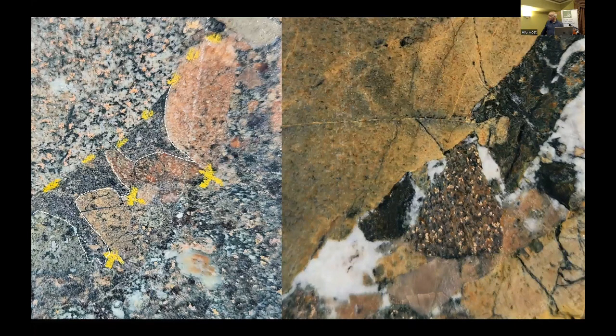This has got me stumped. This is a polymict breccia, but in the polymict breccia are some nice coherent units of dolerite and basalt. And on the left, where those three yellow crosses are, dolerite apophyses of something completely different into the polymict breccia. I have no idea what that is, but I would love an expert to come and have a look with their hand lens to tell me that I'm not smoking too much. And you can see there that on the right-hand side, the yellow nipple poking off the basalt out into this polymict conglomerate. So really strange things going on, and we need to be able to work out what all of those are and what they mean to the